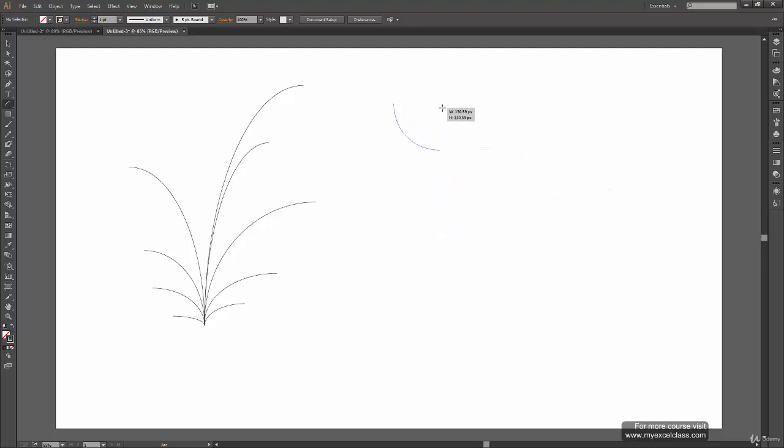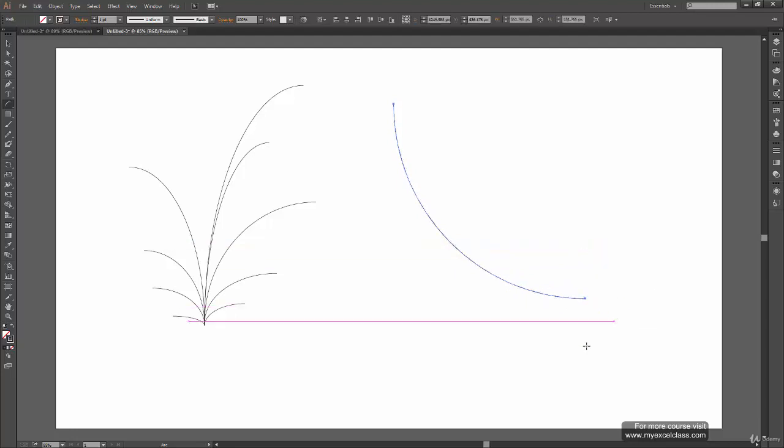So you cannot change the shape of the arc now. You can just change the size now. So while holding the shift, if you do this, you can only change the size. But when you release the shift, you can see I can actually change the shape of the whole arc. Okay, so it depends on you. If you want a perfect circular arc, you can hold the shift, release your mouse, and release your shift key to create the arc.